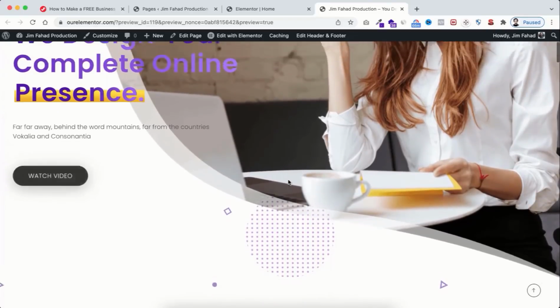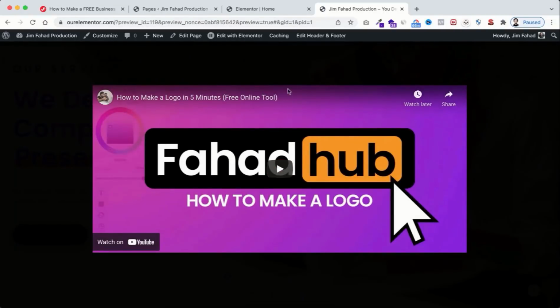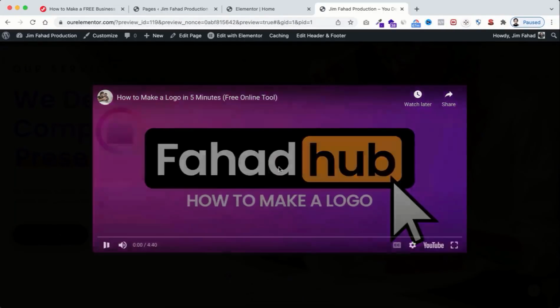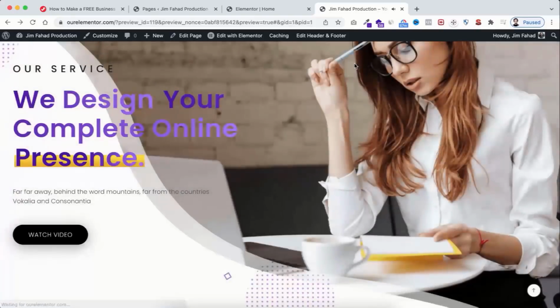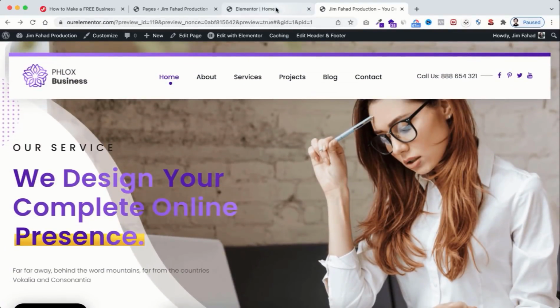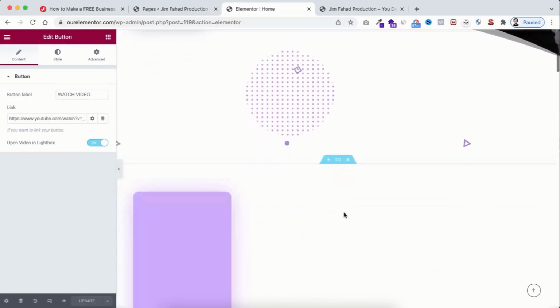So here, if we now click on this button says watch a video, it will open a lightbox and we can see the video from here. And then if we click on the outside, the video fades out. Cool. Let's now go back inside Elementor page builder and scroll down because I wanna change other contents from the